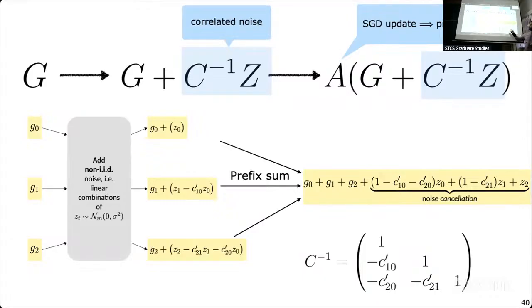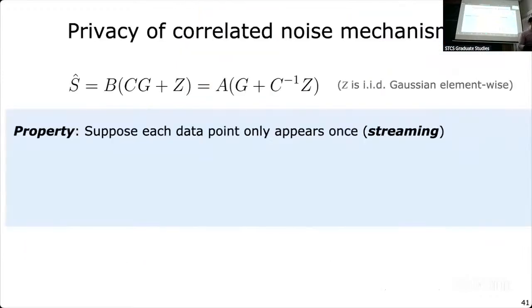So one thing in the example that I took earlier, these coefficients are basically the lower triangular part of the C inverse matrix, and I just assume that the diagonal is all ones. In a lot of cases, that does turn out to be the case. So what is the privacy bound? Clearly choosing these correlations changes the privacy bound, because if I just subtract everything out, then I'm potentially losing out on privacy, right? So this matrix shows up in the privacy bound somehow.